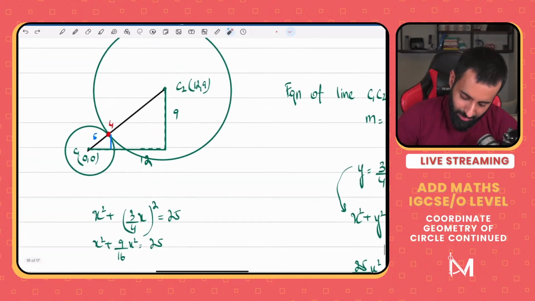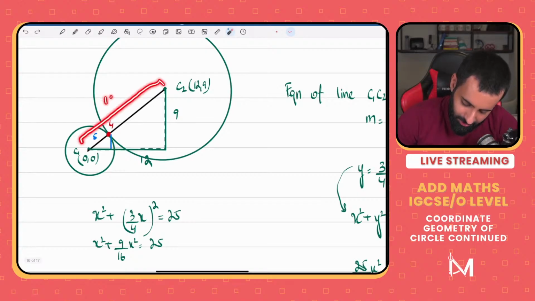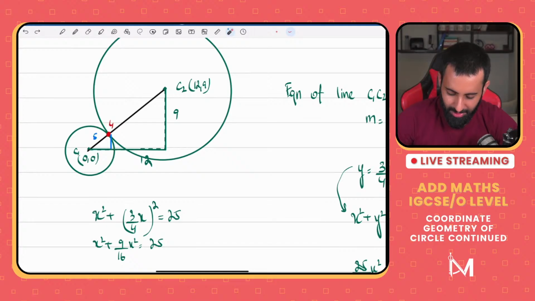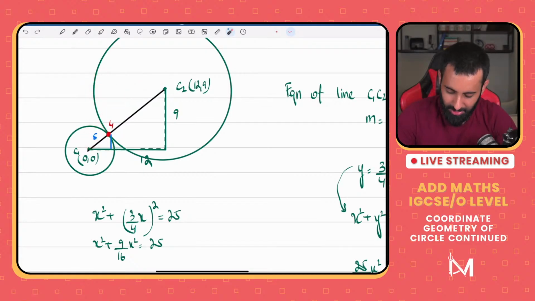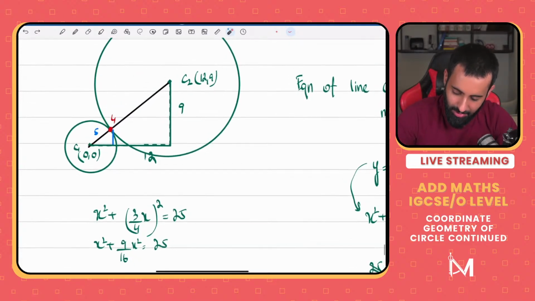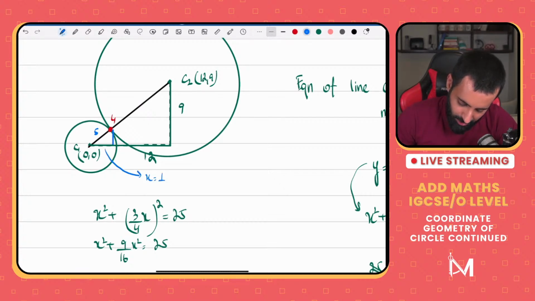So here's the alternative method. This is 15 and this is 5. That means the hypotenuse of the smaller triangle is 1/3 the length of the hypotenuse of the bigger triangle. I repeat, the hypotenuse of the smaller triangle, which is 5, is 1/3 the hypotenuse of the bigger triangle. Now because these two triangles are similar, every length will be in the same ratio. That means this length, x, will also be 1/3 of the bigger length, which is 12. Therefore, x is equal to 4.